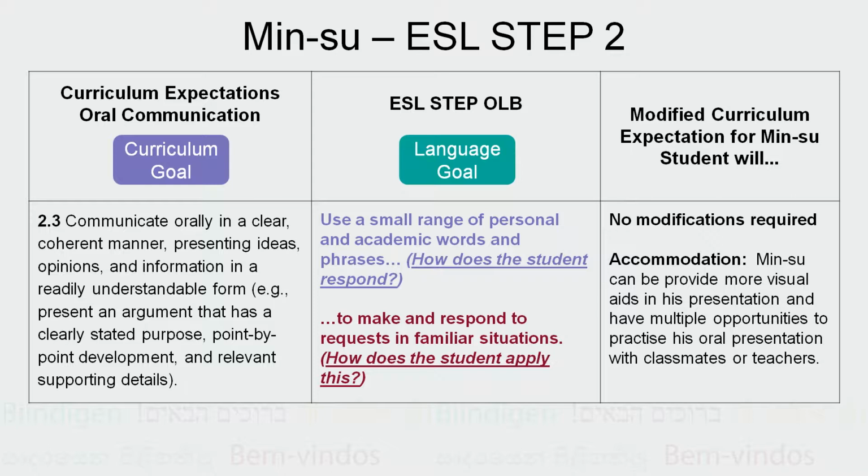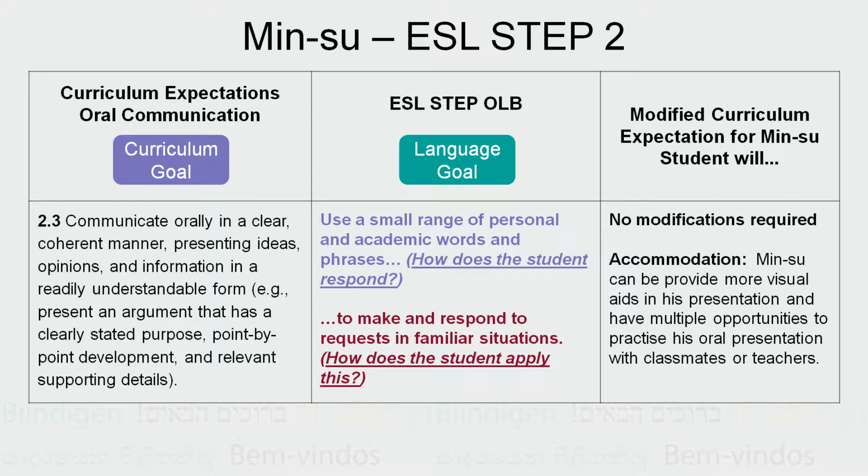To help with this, we can deconstruct the descriptor into two parts. The first part of the descriptor states how the student will respond. In this case, Minsu can use a small range of personal and academic words and phrases. The second part of the descriptor states how the student will apply this. In this case, Minsu can make and respond to requests in familiar situations.